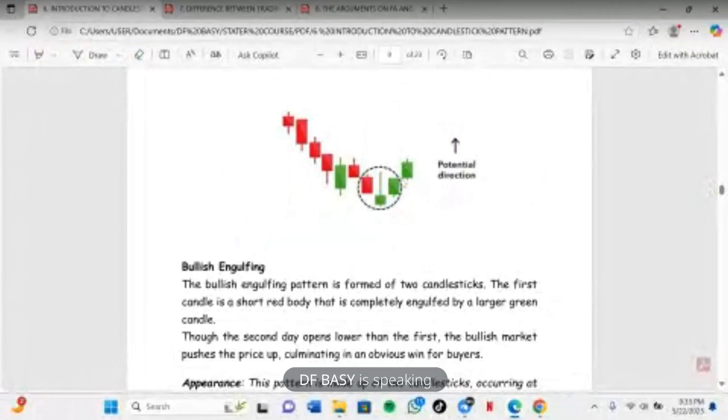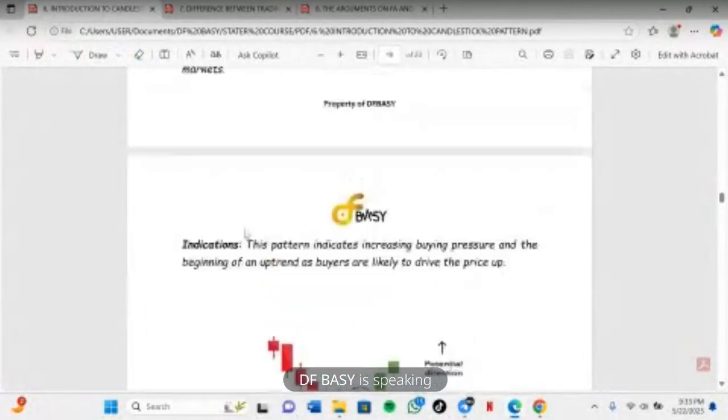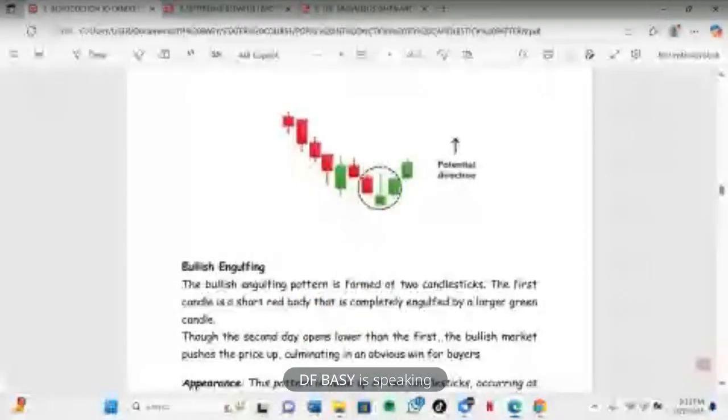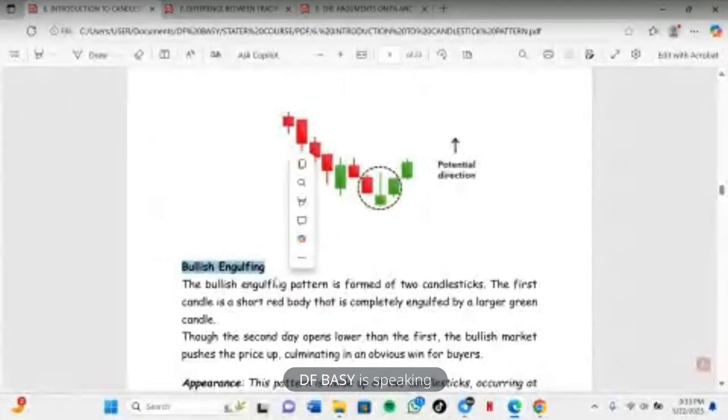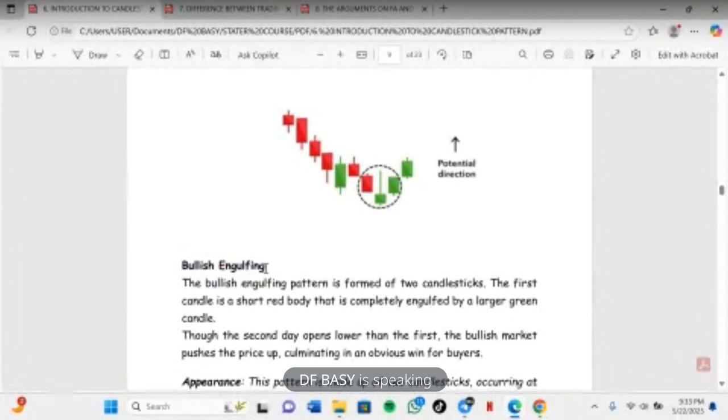So going to the next candlestick pattern, the bullish engulfing. This is the one I like. I love using it, and it appears majority of the time in trading. All of them appear, but bullish engulfing appears majority of the time, right? So the bullish engulfing